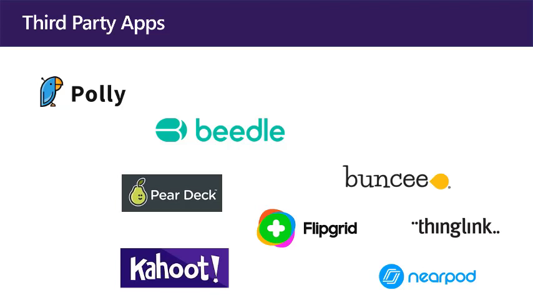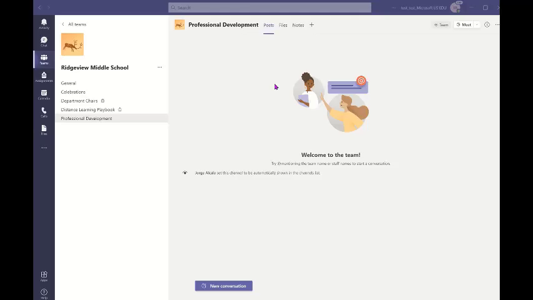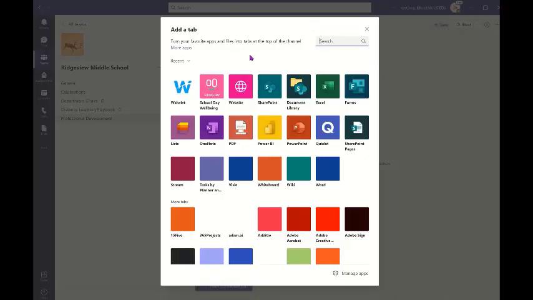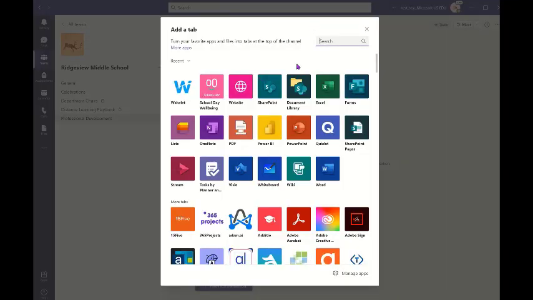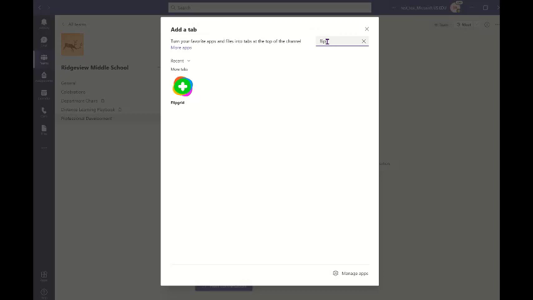And so the beauty of that is that everything is contained in one place for your students or for your colleagues. You can add apps in a couple of different ways. One way is by using the Add a Tab feature here. When I select the Add Tab feature, I get a lot of different options, and if I type in Flipgrid in the search, I can find that